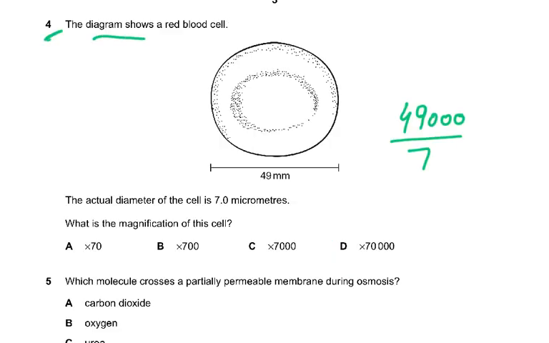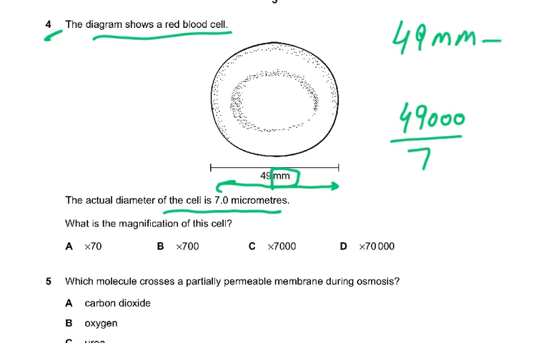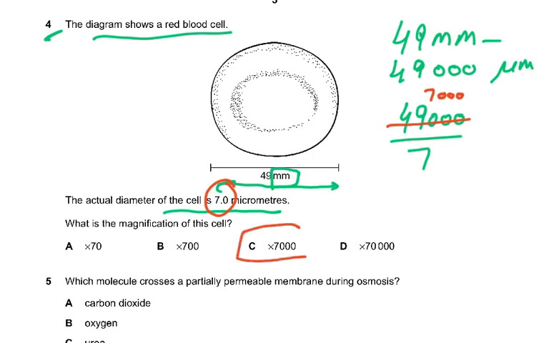Now, question number 4, the diagram shows a red blood cell. They've shown you the diameter is 49 millimeter. Look at the unit, 49 millimeter. The actual diameter of the cell is 7 micrometers. So first what you have to do is convert 49 millimeter into micrometer. So this would be 49 and you add 3 zeros and this will become micrometer. And then you have to divide it by 7 because 7 was the original. It says the diameter actually is 7 micrometers. So when you divide it by this 7, I know you all can't do it without a calculator. We are not brought up in that era. So that is why the answer is